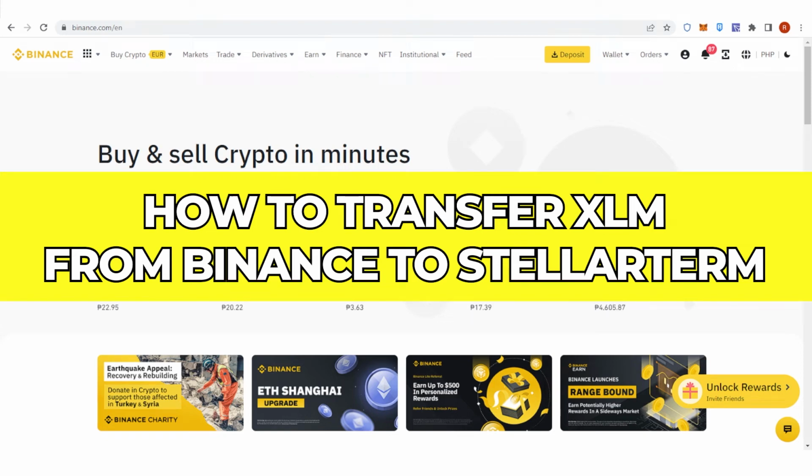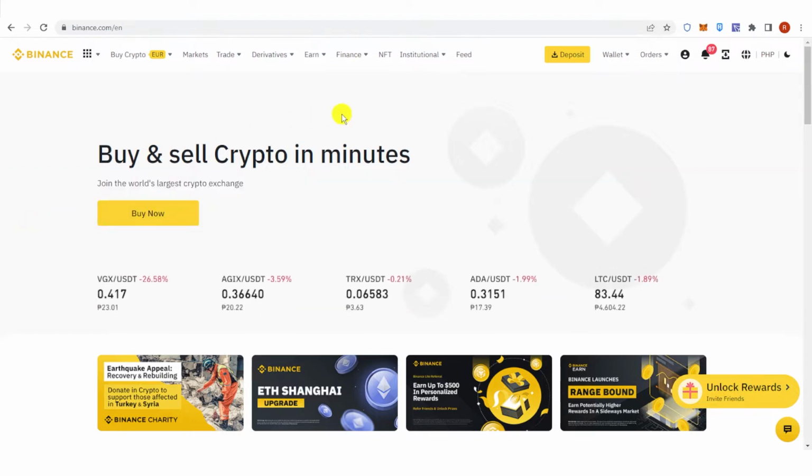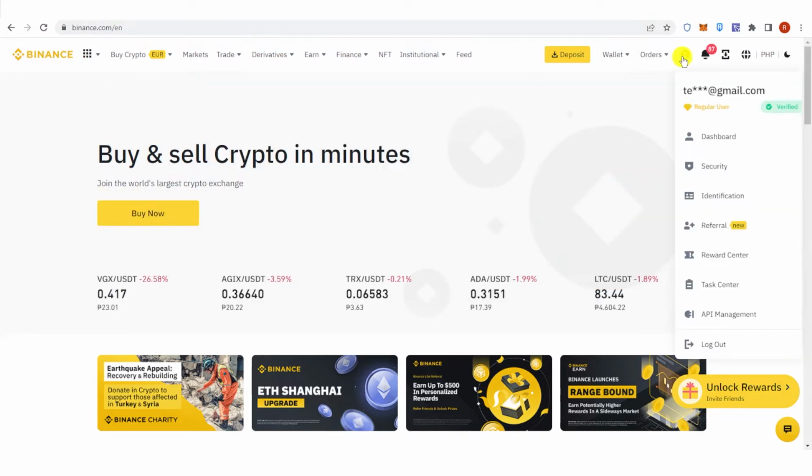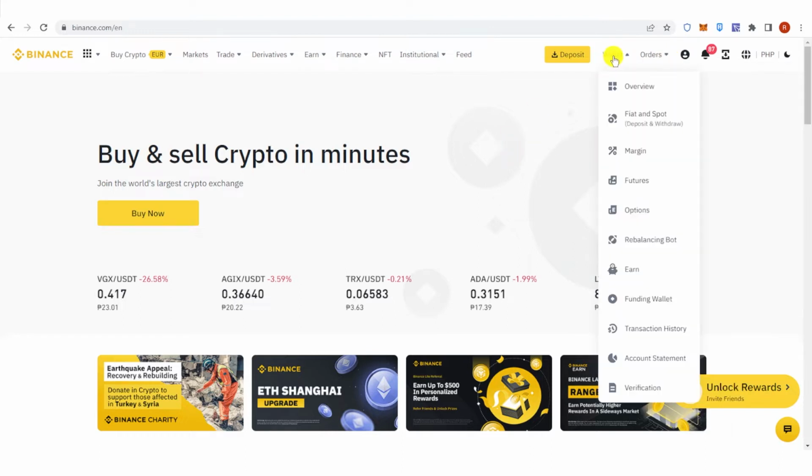In this quick video, I will show you how to transfer XLM from Binance to Stellarterm step by step. So the first step is to go to Binance.com and then log in. Once you have logged in, go to your wallet and click Overview,